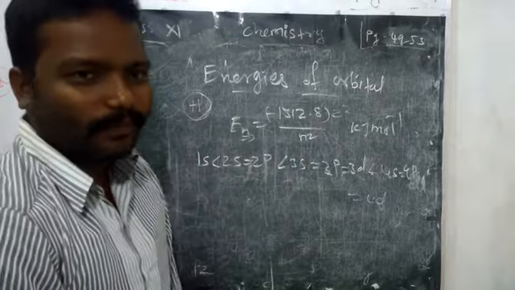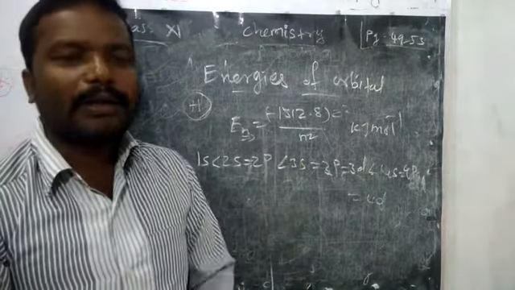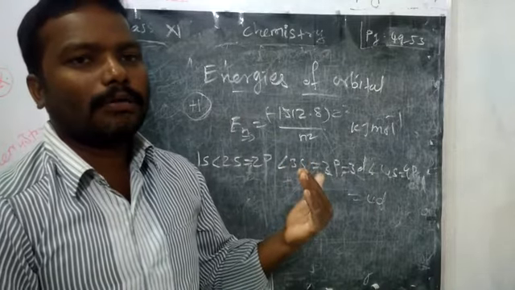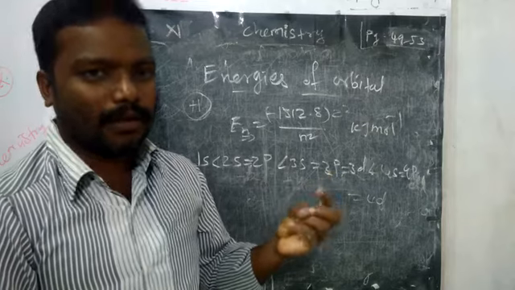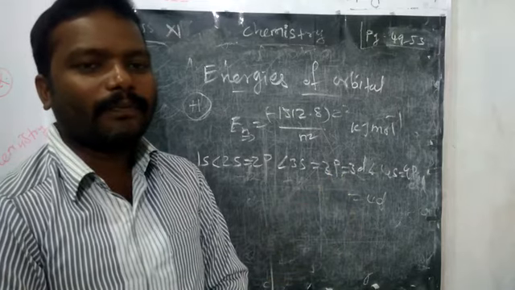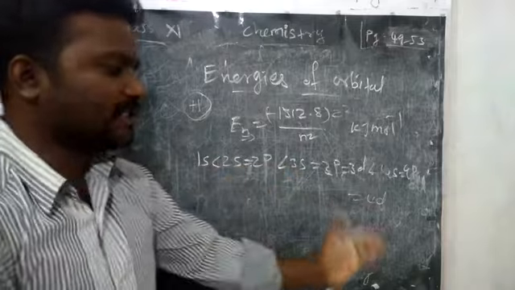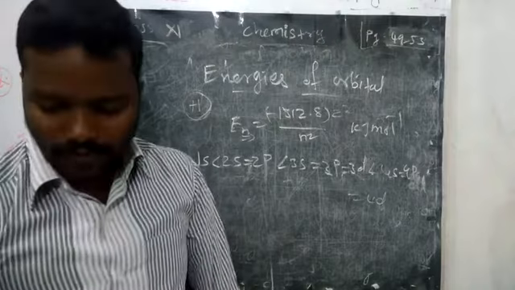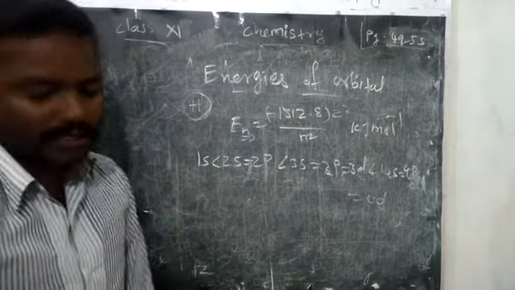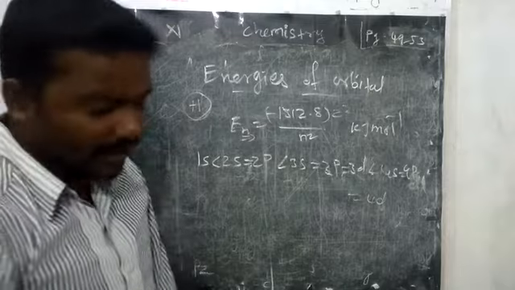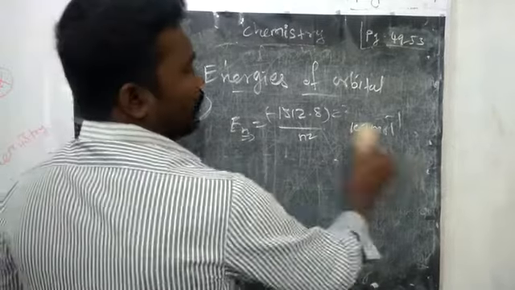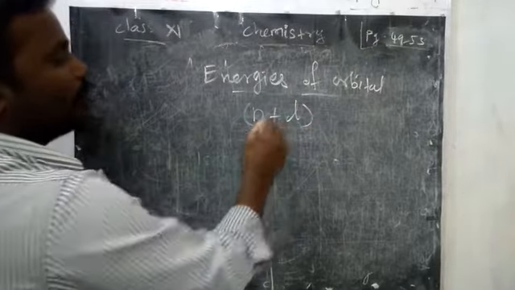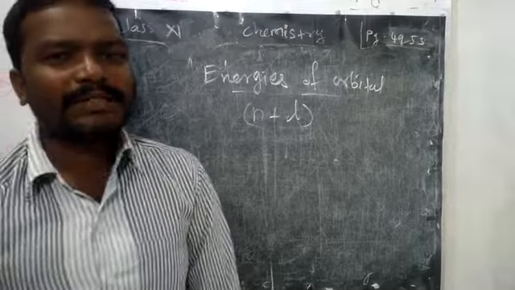But do you know one thing which is only applicable for hydrogen atom? If you go with a high number of multiple electrons present in a particular atom, in that atom you cannot follow this sequence. Then how can I arrange the energy of orbitals? For that we need certain rules, by using the n plus L rule. What is the n plus L rule?